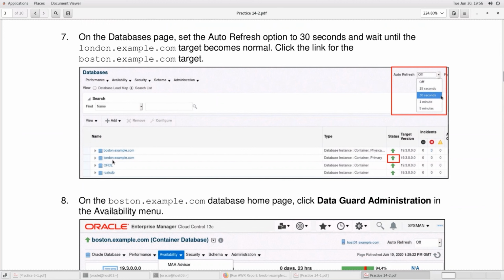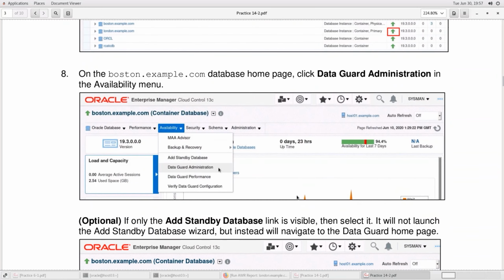Finally, you will have a London database, and it takes a minute or two to register the London database and to keep the status normal. So you're going to change the auto refresh to 30 seconds and wait until the London standby database becomes normal. And then what we're going to do, in the Boston database page, you're going to go to Data Guard Administration,